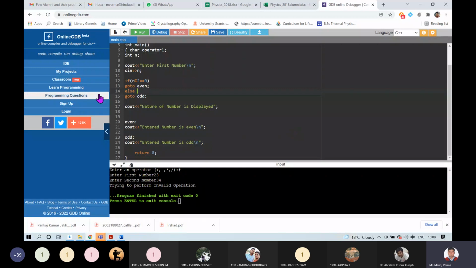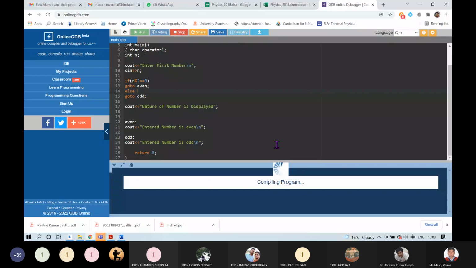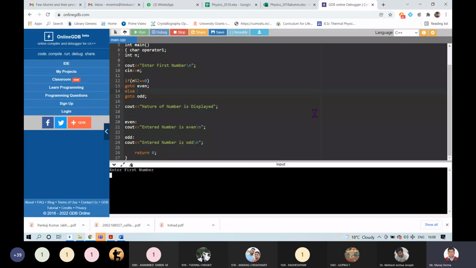And after this, this line 17 I have written because I want to show you that after completing the given label, it will come back to line 16 and then it will execute line 17. Okay, so let's see if it is running. Enter first number. I will write 17. So entered number is odd. It is directly showing you entered number is odd,